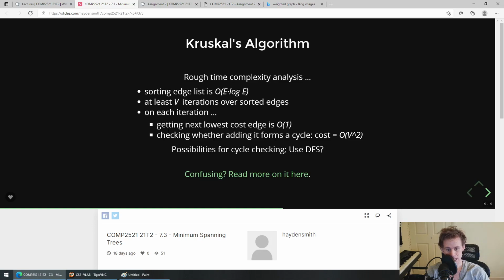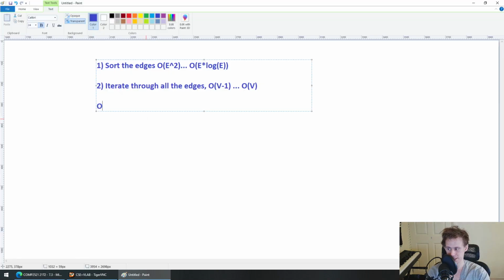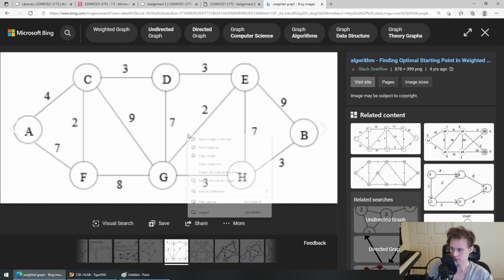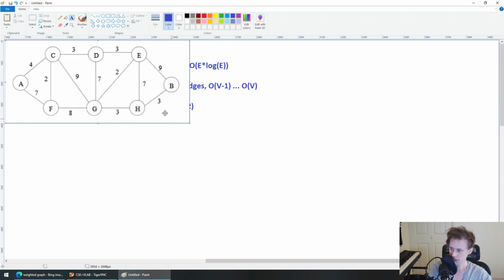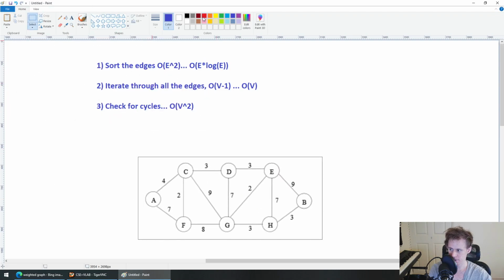And then the next one is that each time you iterate through the sorted edges and you try and add it to the MST, you have to do a cycle check. Now the cycle check complexity we have down here, check for cycles, we've just got down as O(V squared). There are different ways you could do this. Like a simple one is a depth first search. A depth first search is an easy way to detect cycles, because if you have a graph like this one, and I wanted to check if there's any cycles in this graph,